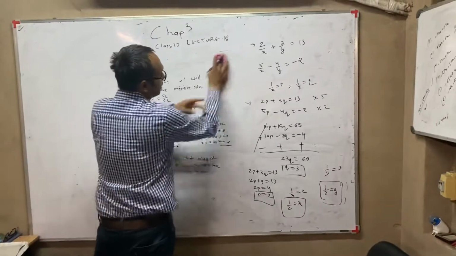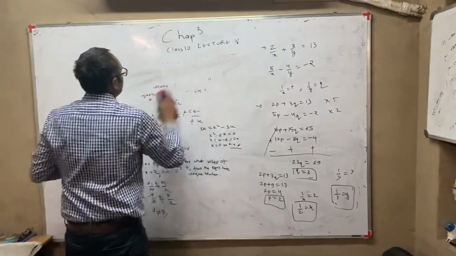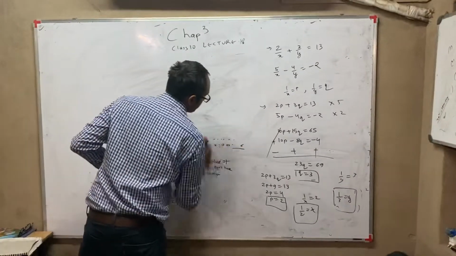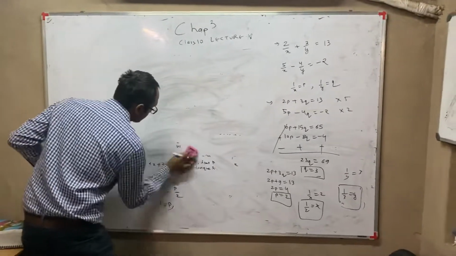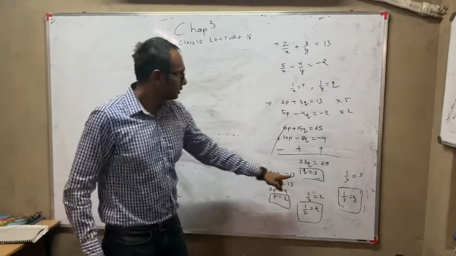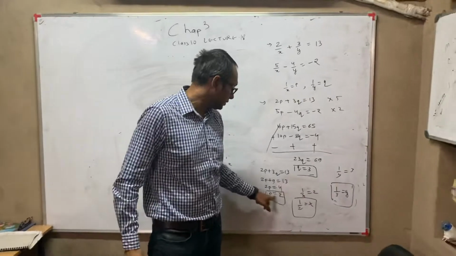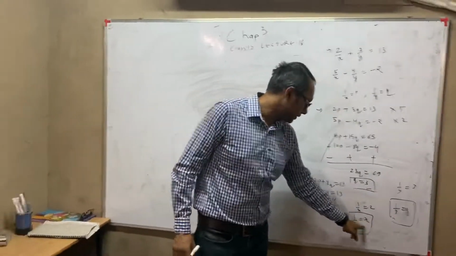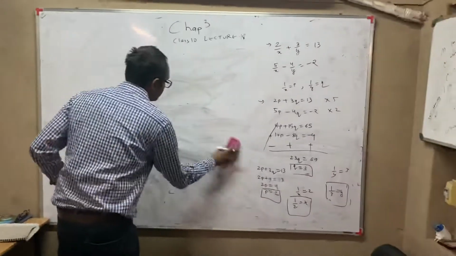First step, you have to convert this into a standard form, and after you convert this into a standard form, just solve it by any method you want, elimination, cross multiplication, to get the values. But after you get the values, one last step has to be done: whatever we have written it to be equal to, you have to write it so that you get the required value of x and y.